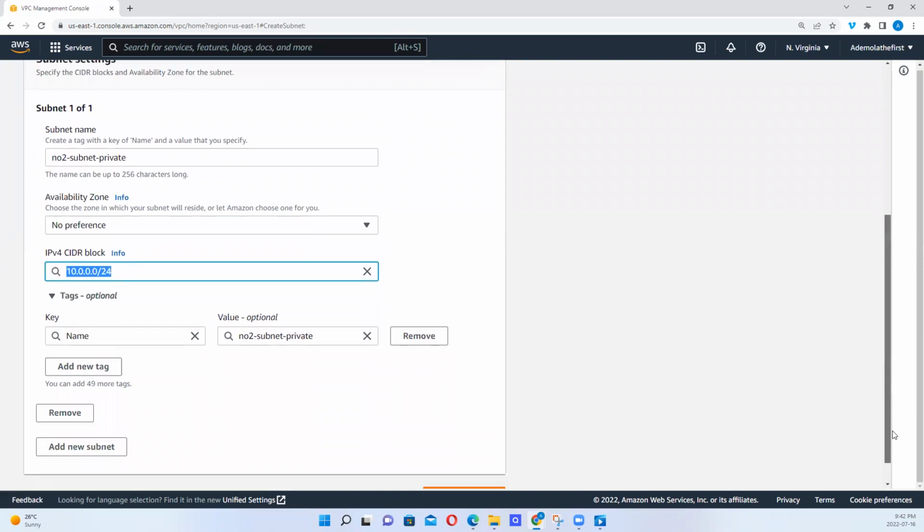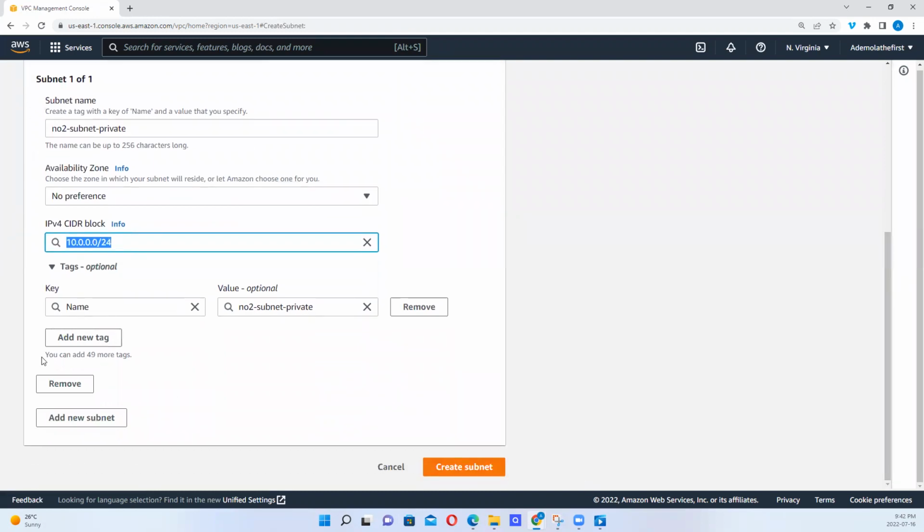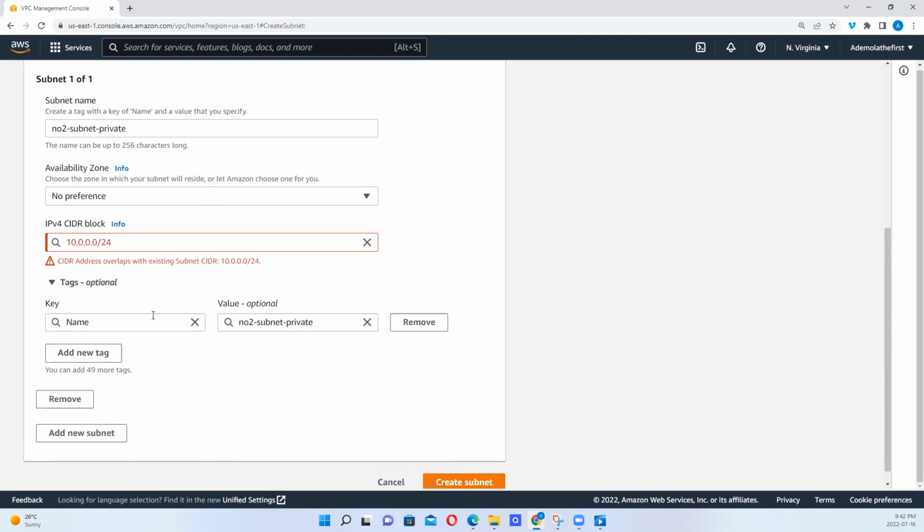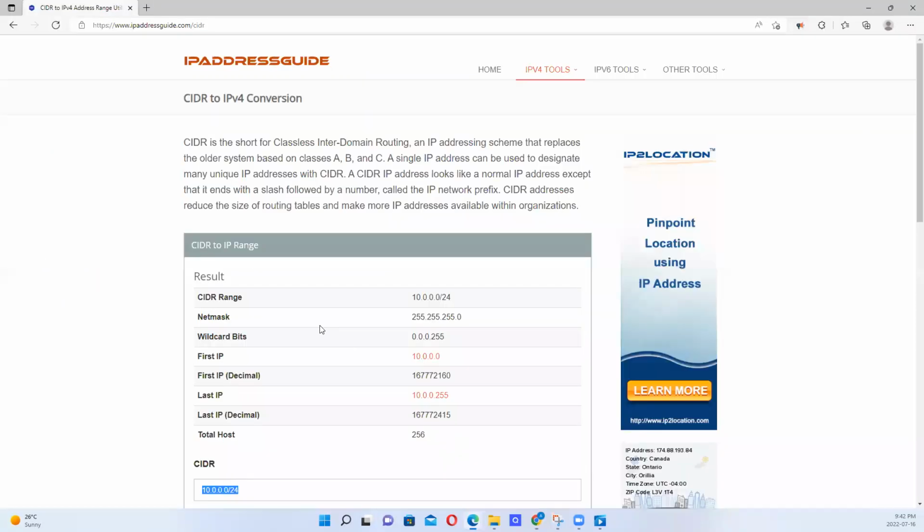What we'll see is an error message saying that this has been used. This address overlaps with an existing subnet, because this is exactly what we used. Remember, we are trying to utilize the remaining 256. So what it means is that in generating these IP addresses, what would have happened is that